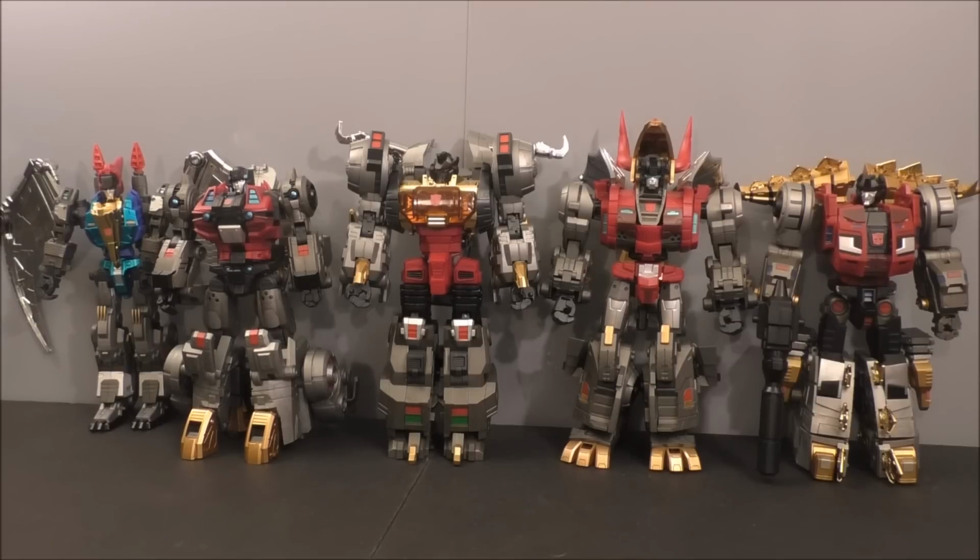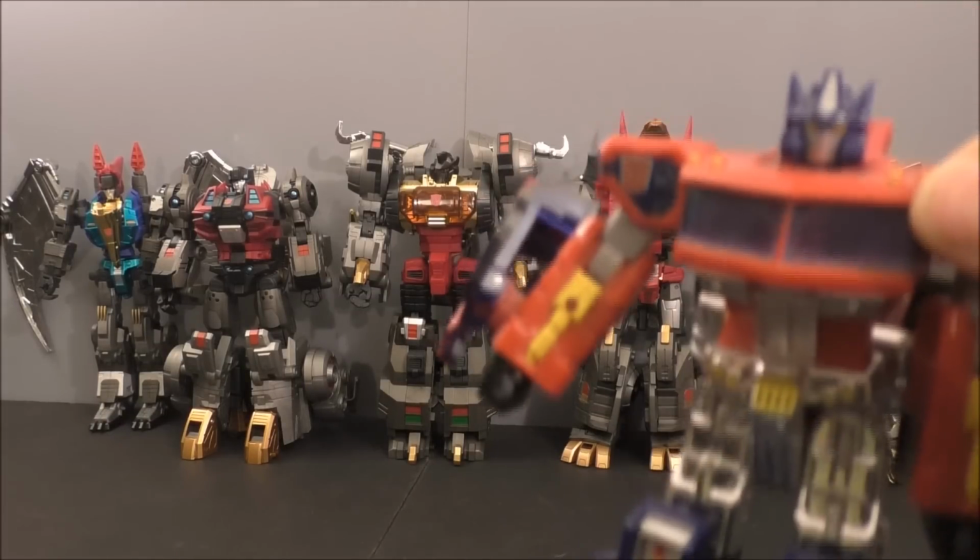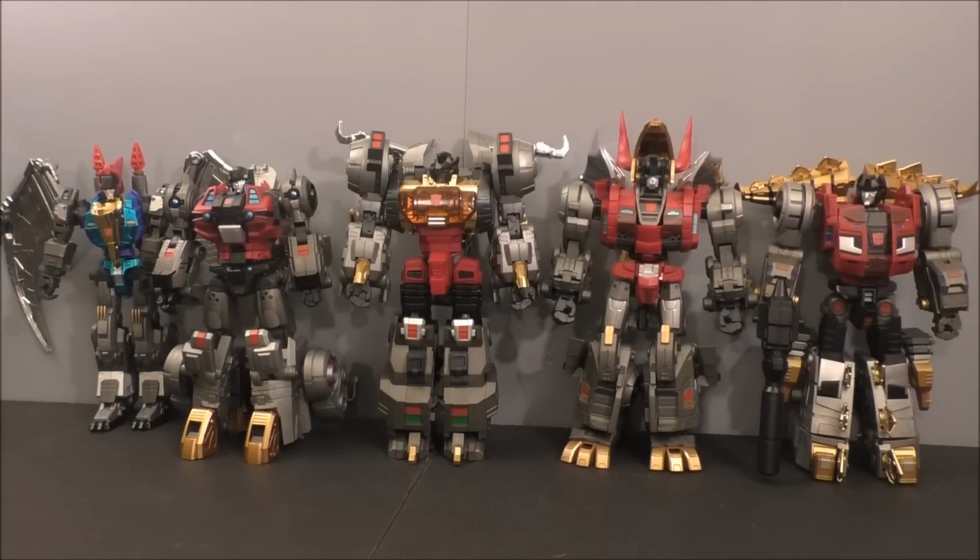I think they scale really well in a chug collection. Most chug collections have a Neo feel to it. I mean, even if you're going like this Prime, he kind of has a Neo feel to him. But because of the repairing you have to do right out of the box, the lack of being able to hold the weapons, and then the Weapon Master, which I'm just not into, I gotta say, I can't give it a perfect score because they're not perfect figures. I would only recommend these guys if you don't already have a complete...